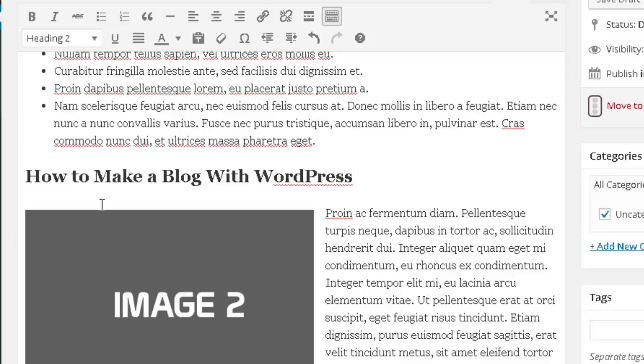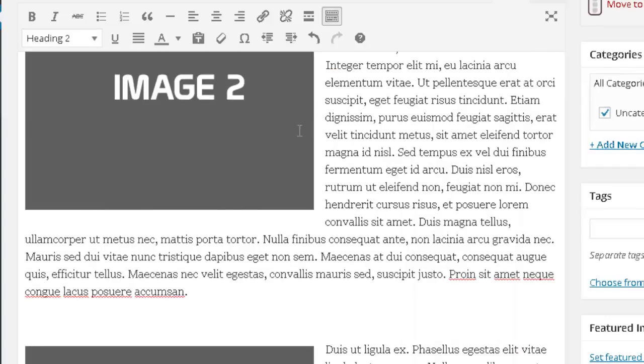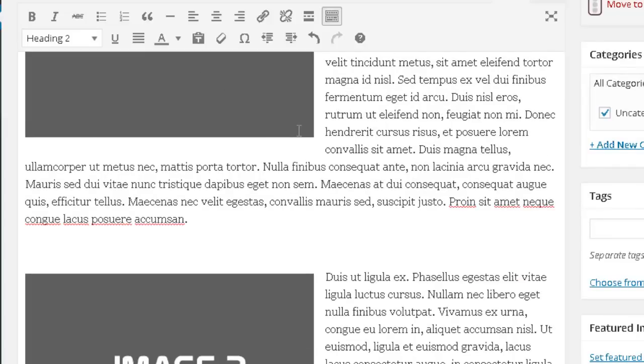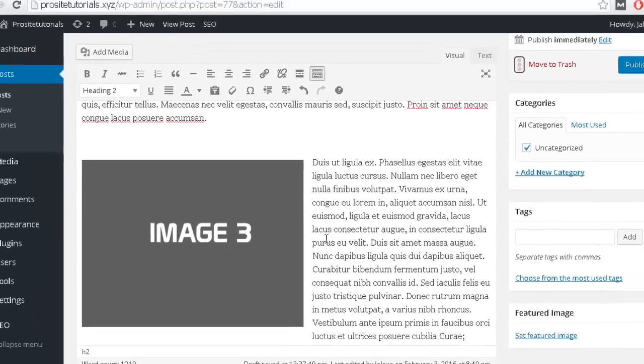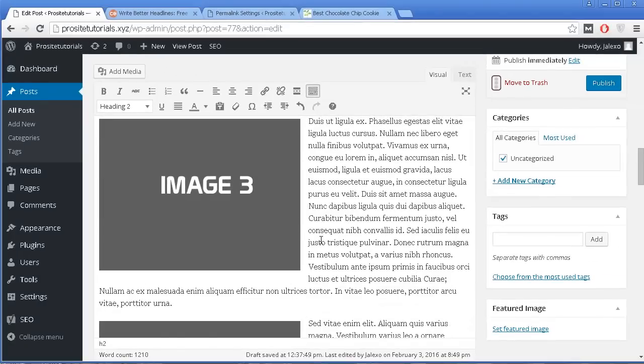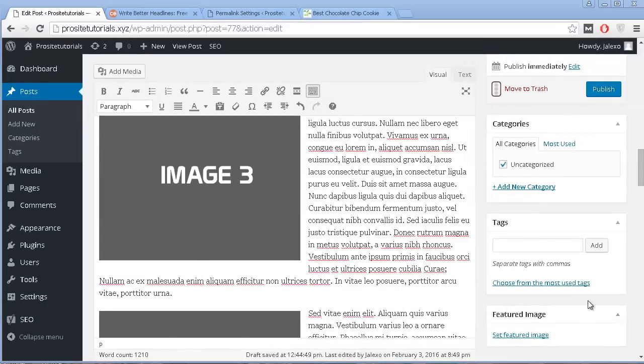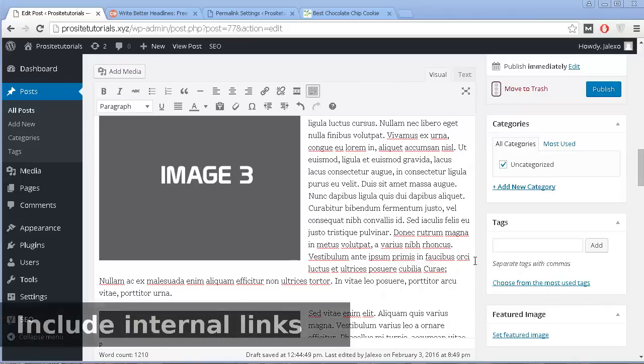So this would actually help me later on to rank for how to make a blog with WordPress. So you can do that. You can include secondary keywords inside of your header 2s and so on, and that will actually help you rank for those keywords also. Another thing that you should get in the habit of doing is including internal links inside